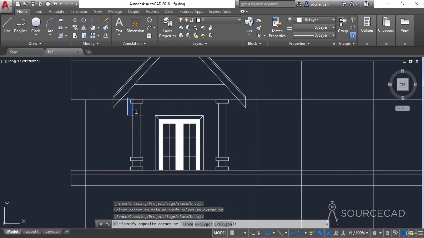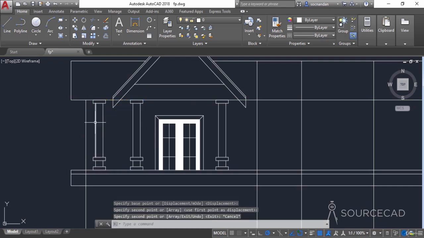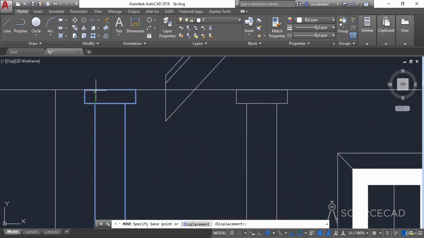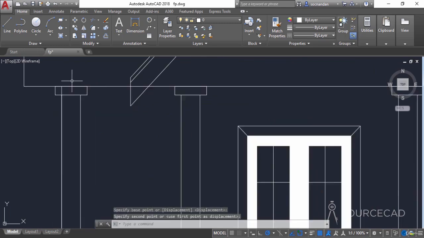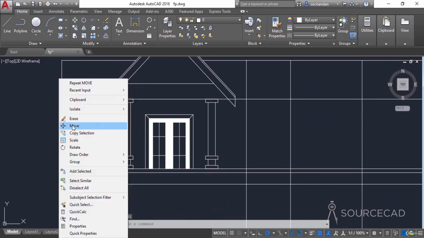So I'll go to this pillar, I'll select it all like this, I'll go to copy, and let's make a copy, and let's paste it somewhere over here like this. Again, in this, just make sure that this line falls exactly on this, although that is not needed, but just for the sake of simplicity, I'll just try to keep it that way, and I'll just place it like this. All right, now we can remove this line. This is no longer needed,